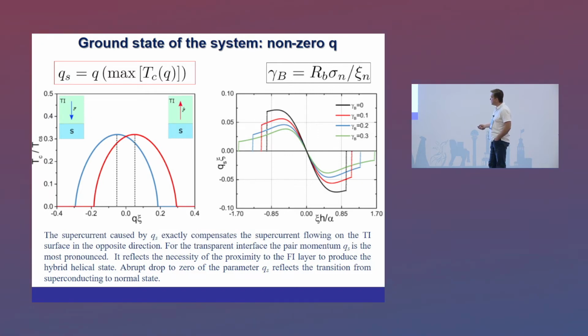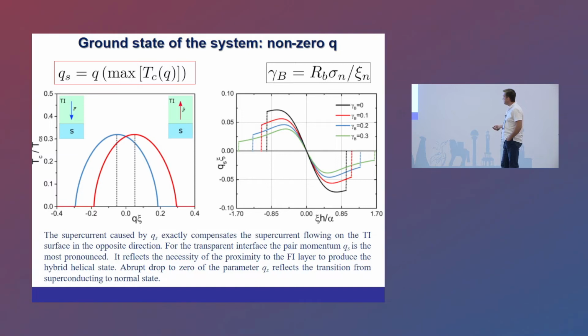We call this point Q_S. Q_S is the ground state of the system with this Q. So if we plot this Q_S as a function of the exchange field, where alpha here is just the Fermi velocity, to normalize, we see that this plot actually drops, meaning it comes to the normal state. And naturally, if we have a transparent barrier, gamma_B equal to zero, meaning a transparent barrier between the ferromagnet and the superconductor, then this Q is most pronounced,